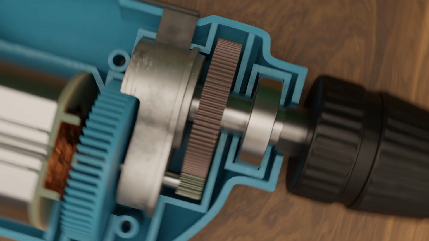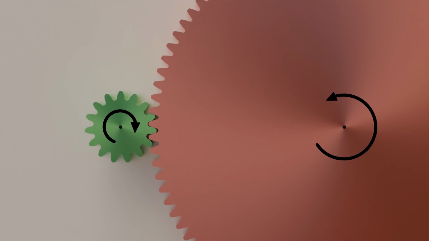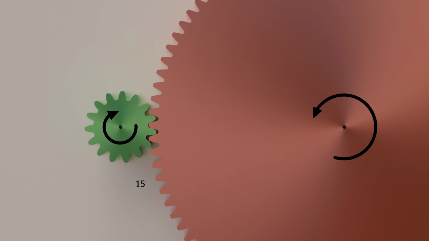The first thing you notice is that the large gear wheel rotates much more slowly than the small one. The reduction in rotational speed can easily be explained by the different number of teeth. The gear wheel on the drive shaft has a total of 15 teeth. When the pinion makes 1 revolution, these 15 teeth also push the driven gear on the output shaft 15 teeth further. However, the driven gear has more teeth due to its larger diameter. It is therefore not moved a full revolution for each revolution of the pinion.